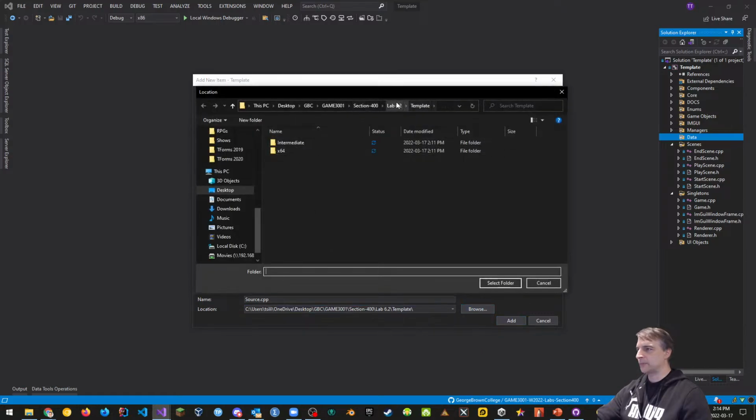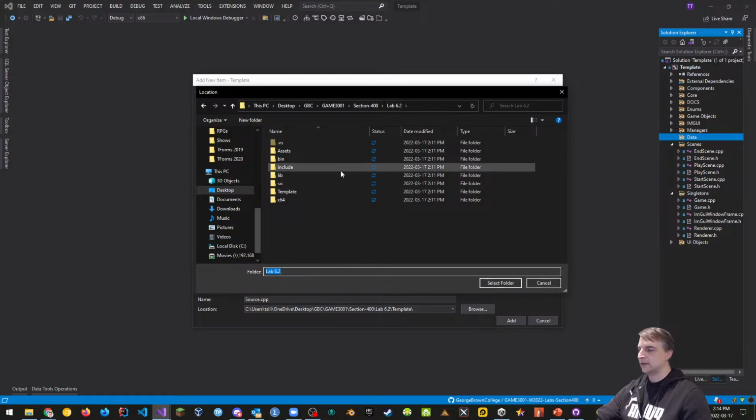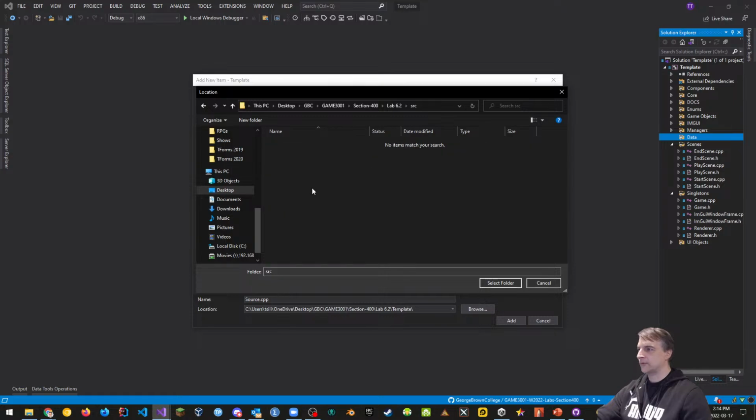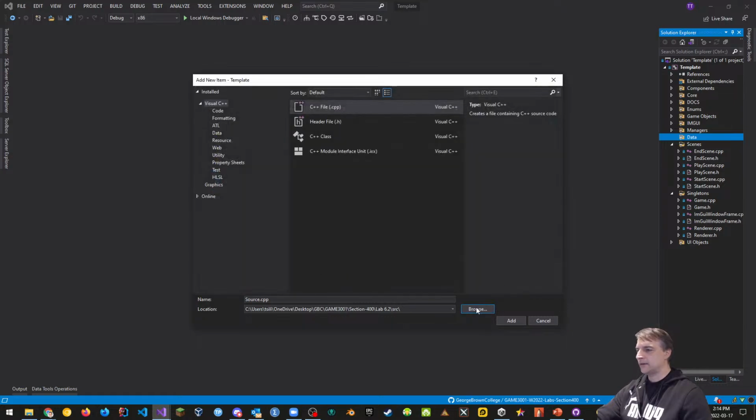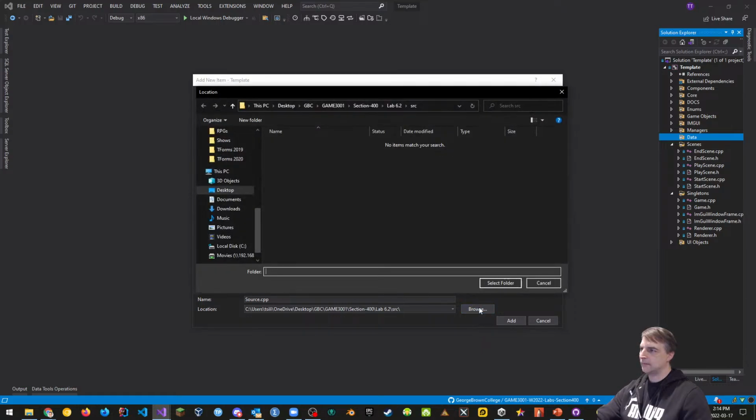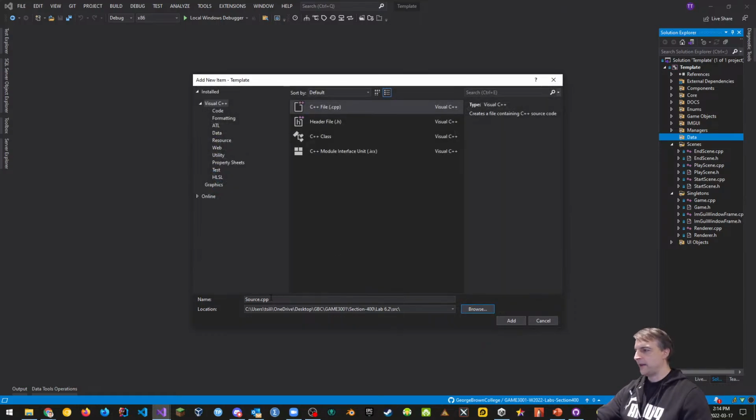I want to make sure that it's in the right spot. So let's go into the assets source in here and select that. Then I'm going to change the name to obstacles.txt. We may have to move this somewhere else depending on where this is supposed to go. I'm not sure if Alex created a separate folder or not.